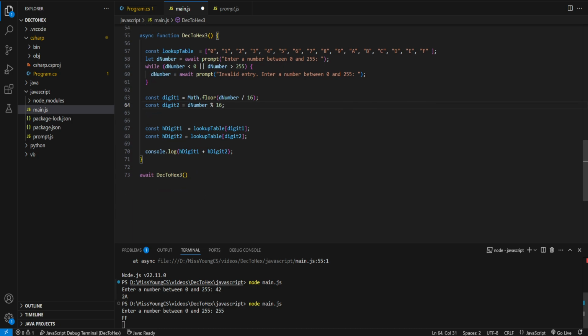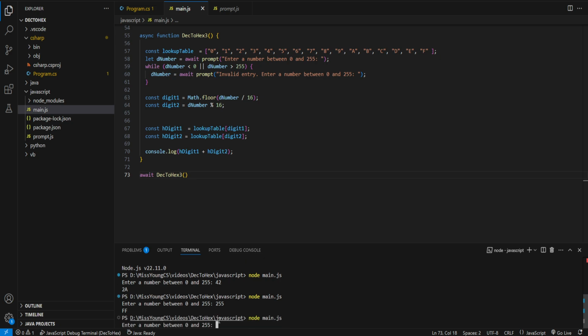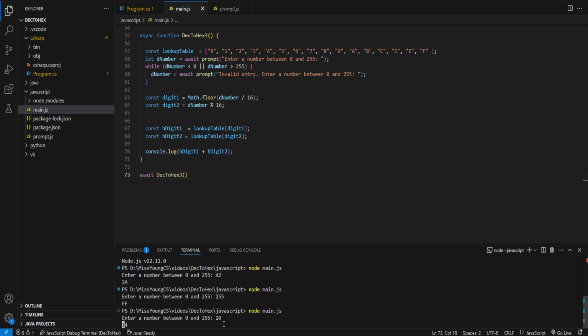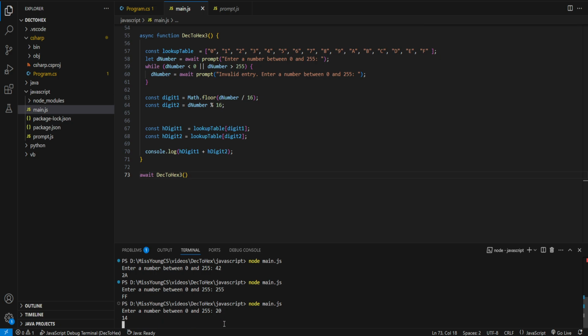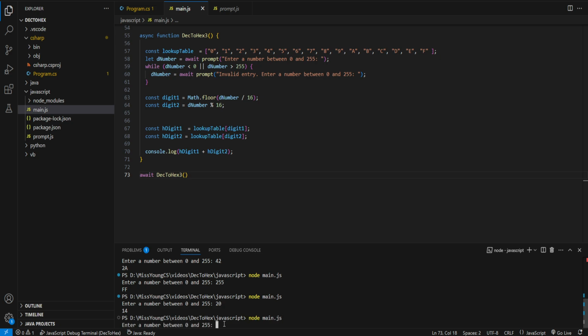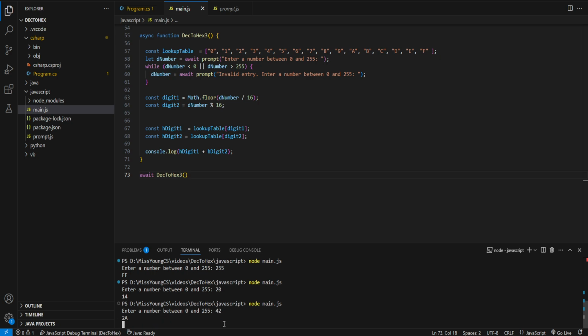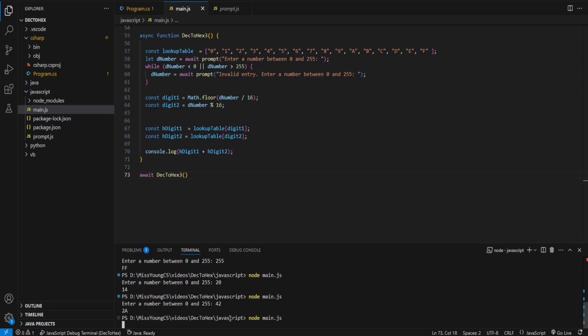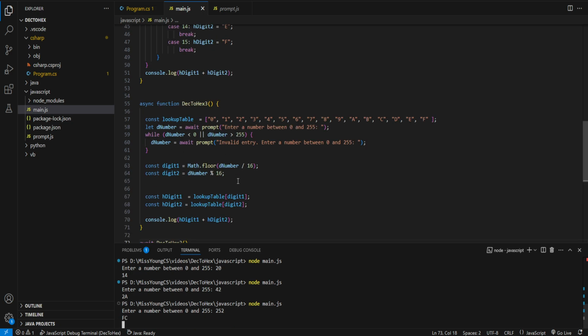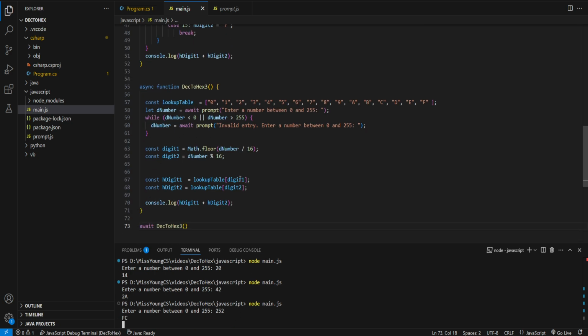So let's see if we can run this code now. I'll save it, and I'll run that, and we'll put in 20, which should give us 1, 4, which it does. Then I'll try the good old 42, which should give us 2a, which it does. And then I will try 252 this time, which should give us fc, which it does. And so we can see that